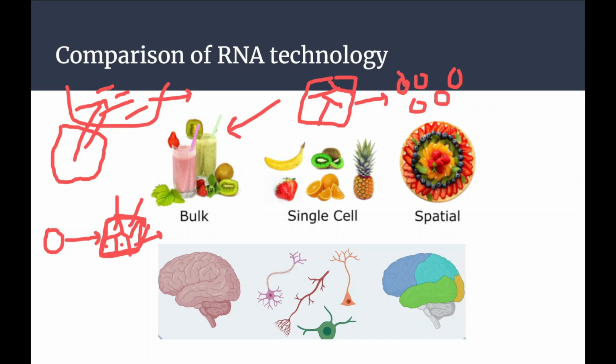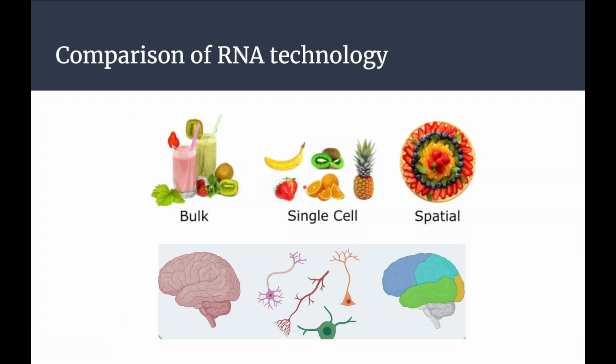Now I'm capturing this RNA information, or gene expression profile, at single cell level, and this one was at tissue level. So this one was giving the average expression profile, and this one gives the expression profile at the single cell level. This is one advantage, because now we have the quantity information. For bulk, we are not aware which cell the quantity is coming from, but now I can say which cell it is coming from.